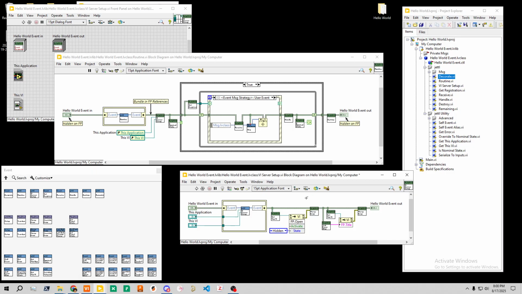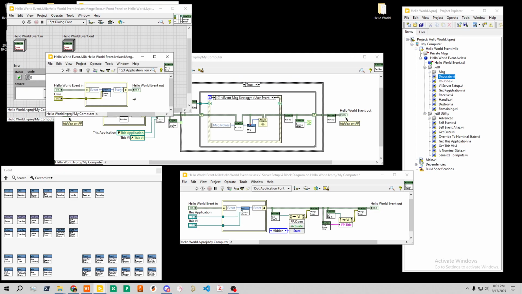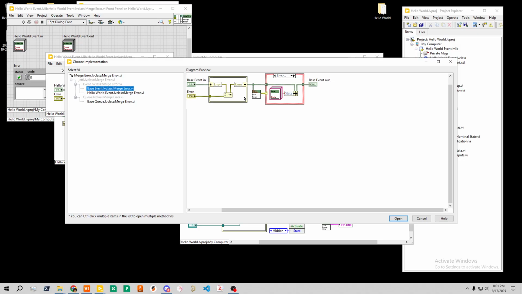This is the first example of, utilities are made for reuse, but so are the messages implemented methods. So merge error, even though it comes as a message that you can execute, you can also use it on its own in methods of the class. So this is where we merge the error, and internally it's exactly how it sounds, where you merge the error existing internally to the base event, you merge the error, and then you see if the error is